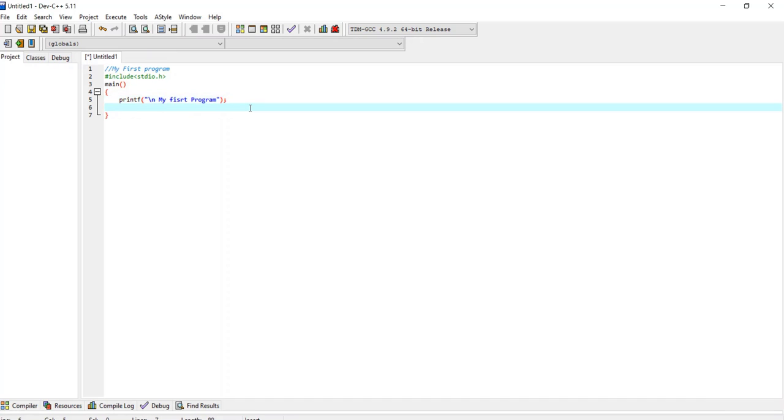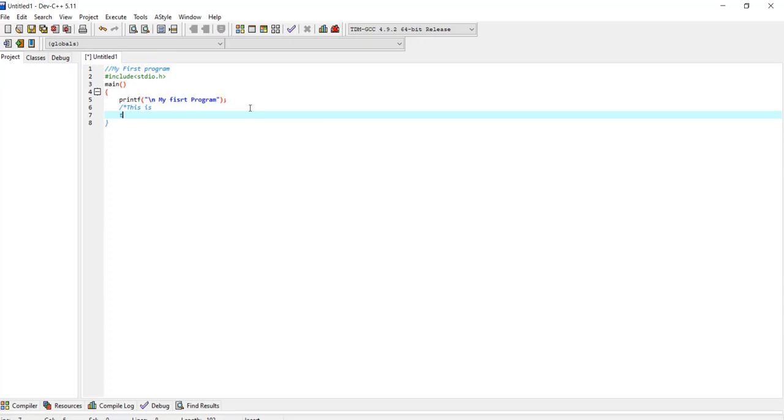Here I am going to use another comment entry, slash star, this is the end of program. So this is the simple program that I have written. That's all I have done with the writing of my program.